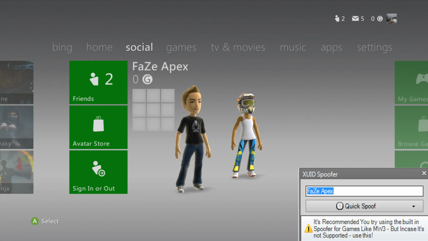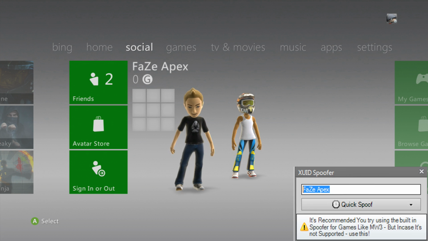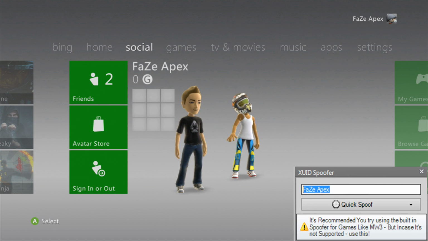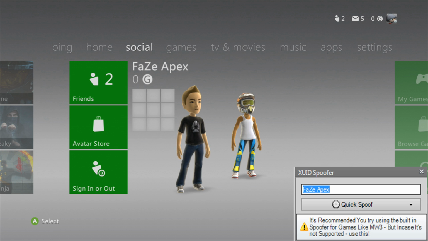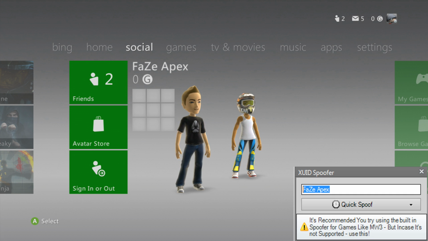So how do we actually use the Party Spoofer? Because when you spoof your XUID in parties, it causes a lot of problems, because it reacts as if you're on Phase Apex's profile on the dashboard, but you can't be because you're still on yours. So when you try and open up parties, it will just close back down and stuff like that. So the way to actually successfully spoof your XUID on parties is to be invited